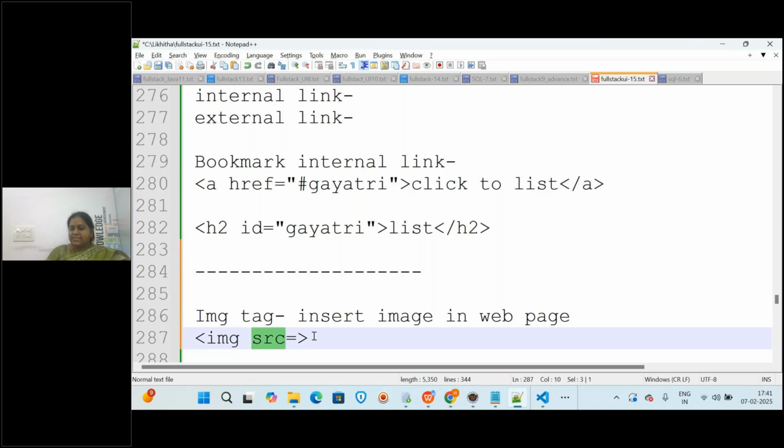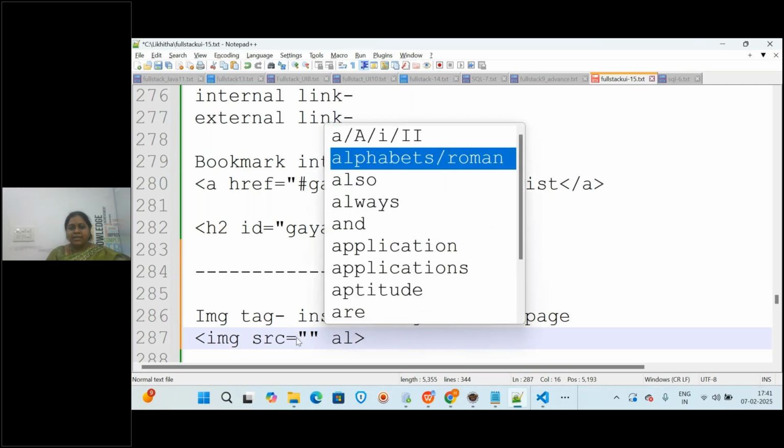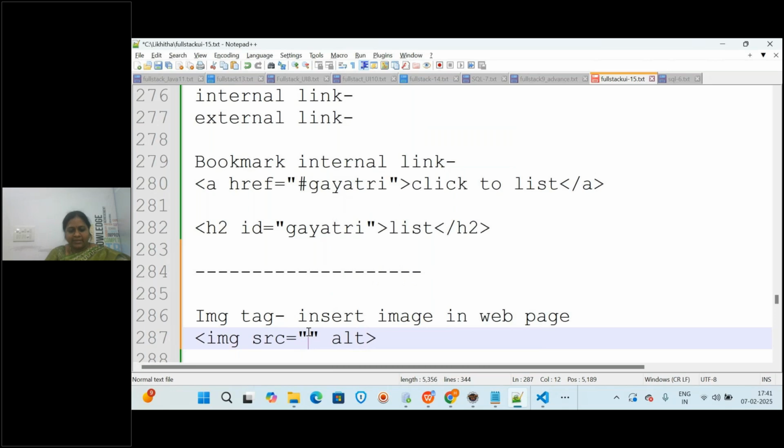In the src you will provide the link of the image. Whichever image you want to display, you provide that image link. So in this img tag, not only src, we have one more attribute, that is alt, alternative. In src you provide the image link. What do you provide in alt?